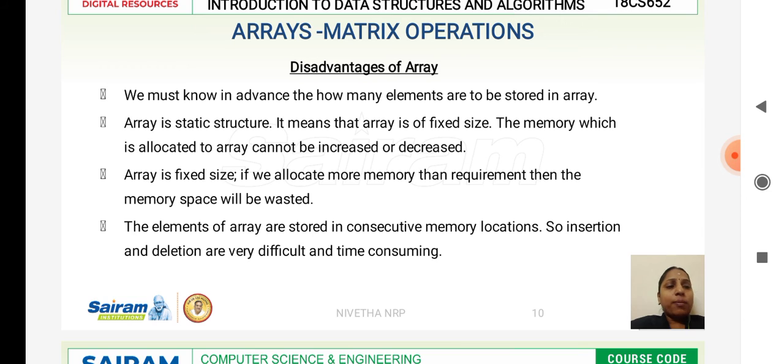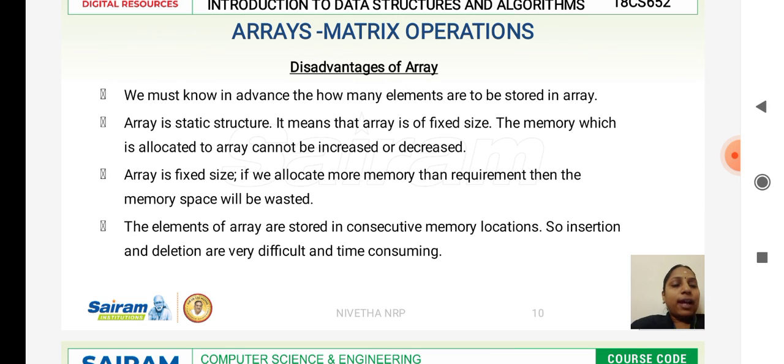How does this become a disadvantage? Suppose I am declaring the array size as A of 100, but I am using only 70 elements in that. What about the remaining 30 elements? The space allocated for the remaining 30 elements becomes waste, since it has been allocated under that array name. If I am not utilizing that memory space, the left out memory space becomes waste.